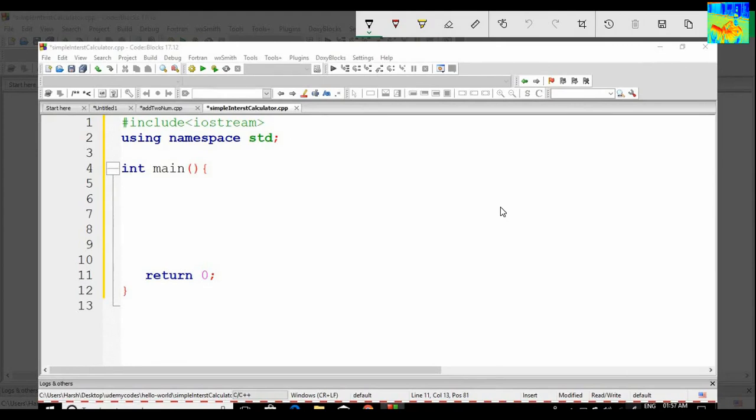Okay, so I want to calculate simple interest. What is the formula of simple interest? Simple interest equals principal multiply rate multiply time, whole divided by 100. So I need 4 variables here. Int p, p for principal, let's say the value of principal is 100, and then semicolon. Int r, let's say 10.